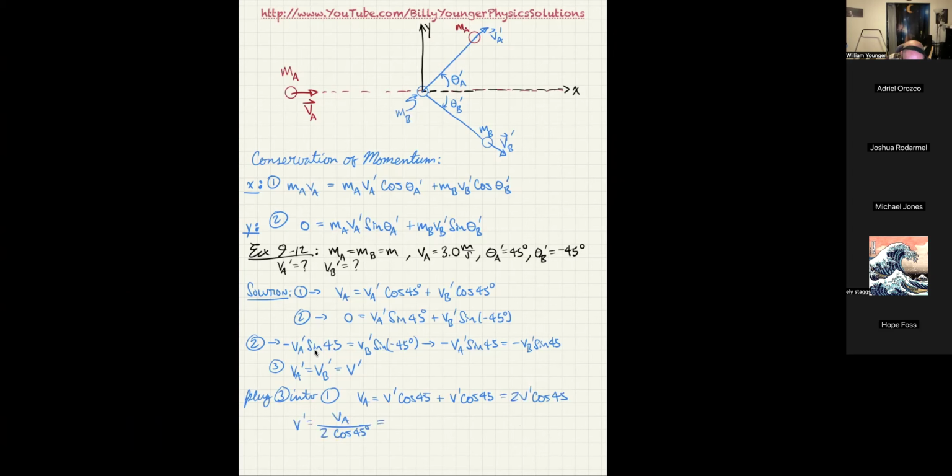So I can go ahead and plug the numbers in. We know that VA was actually 3.0 meters per second. And then we're going to divide that by 2 times the cosine of 45 degrees. And that becomes 3 divided by parentheses 2 times cosine 45, close parentheses, gives me 2.121